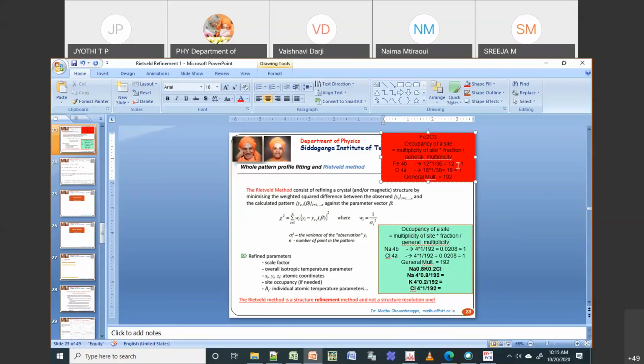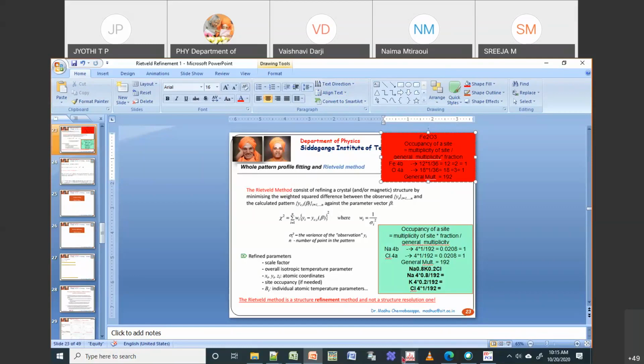And if you take the ratio, I can divide again by 6, then it will be almost equal to 2, and this will be equal to 3. So then the fraction would be like Fe2. If I divide it by 2, this has to come in the numerator. Then you can still keep the occupancy as 1 1.